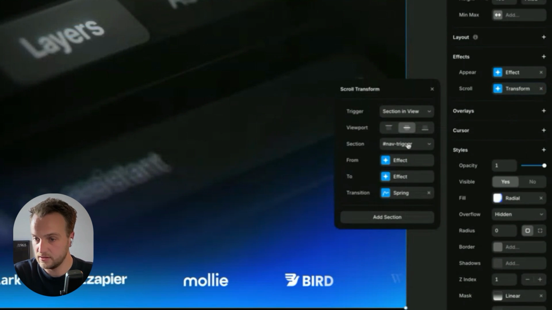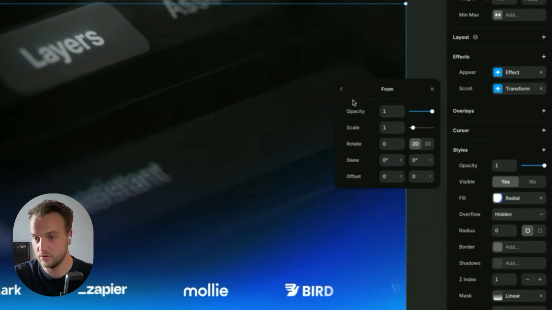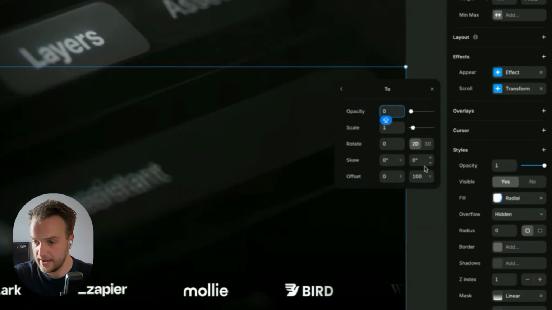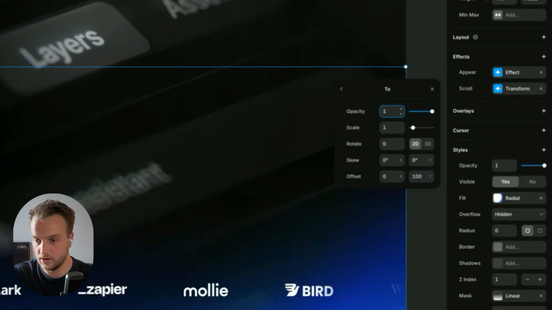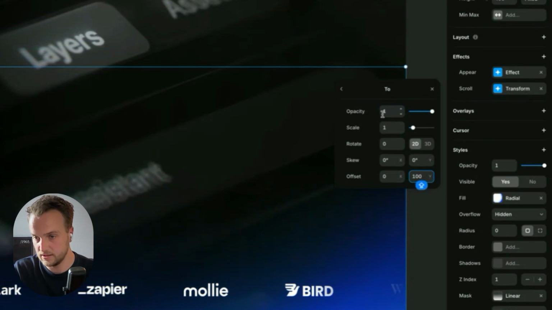So I added a scroll transform section in view. So if this section is in view, and I actually set it to the middle of the page, so my bad, it's not the top of the page, but you can switch that here. So if the bottom of this section hits the middle of the viewport, it's going to transform some layers. So that's what I did with this glow. It goes from opacity 1 and scale 1, which is the default, to opacity 0. So you can change this value and see what happens. And it moves it down by 100 pixels. So you can tweak this, and you can see that it just moves the layer down by 100 pixels and also fades it out.